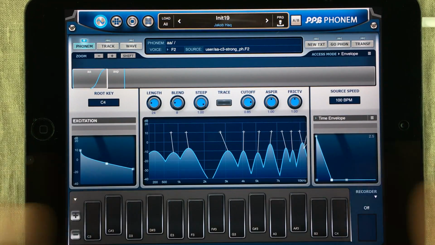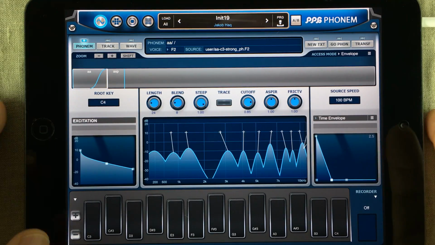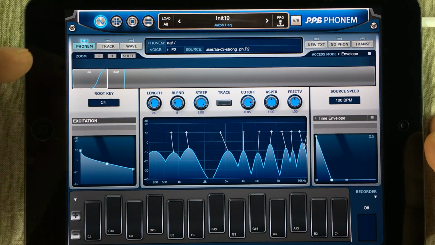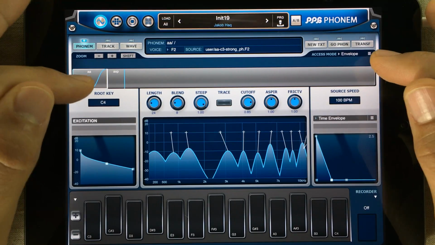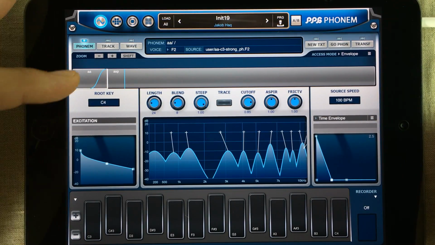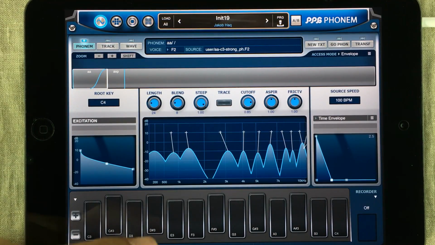Alright, so right now we don't have a continuous sound, something we do want when we're creating a drone, and that's due to the playback of the phonemes. There are several things you need to think about when it comes to the playback of the phonemes. But before I get into that, I'm going to start by making my R sound more R-ish. By the way, PPG Phonem is velocity sensitive,